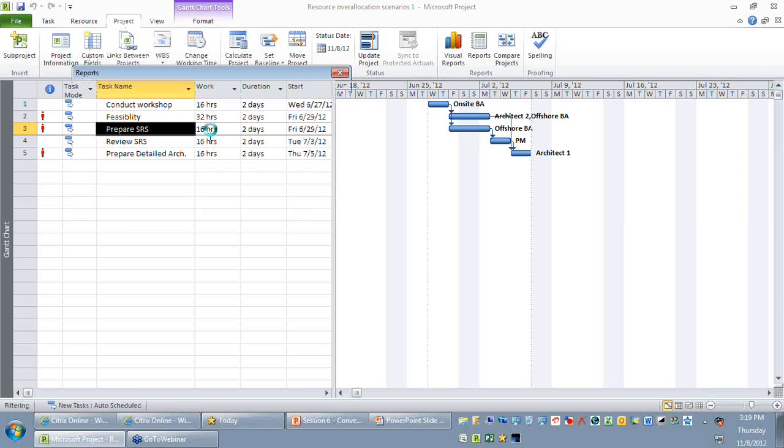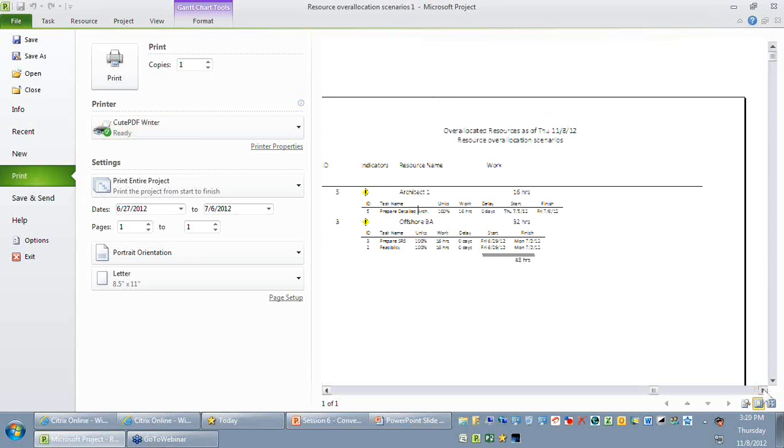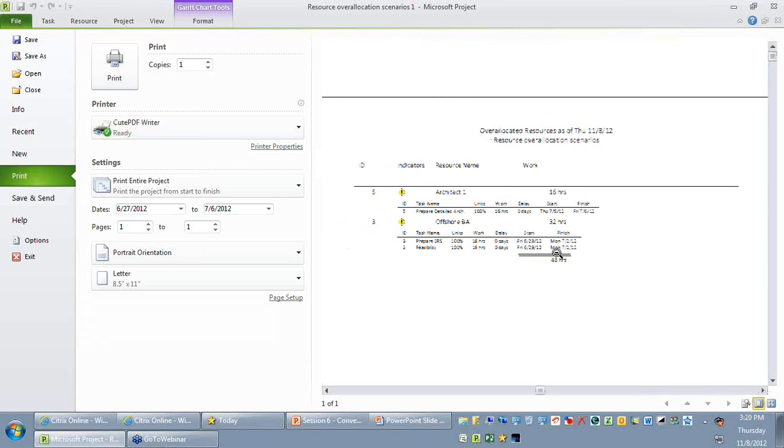Now I'm just able to see a print preview of which resources are overallocated in my project. So I've just done a zoom in. I hope you are able to observe to your right that there are two resources overallocated, architect 1 and an offshore business analyst. Maybe architect 1, though he's working on one activity, maybe due to some other reason he got overallocated. Whereas you can see the offshore resource is assigned to two parallel activities on some dates. So that is the reason why the resource got overallocated. So this is a nice, very simple, direct way through which you can find why resources are overallocated.